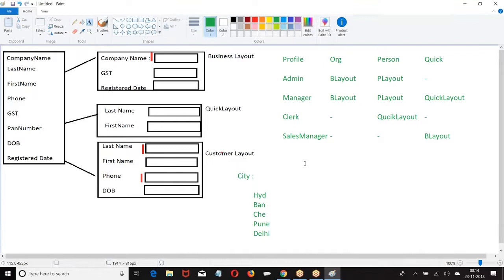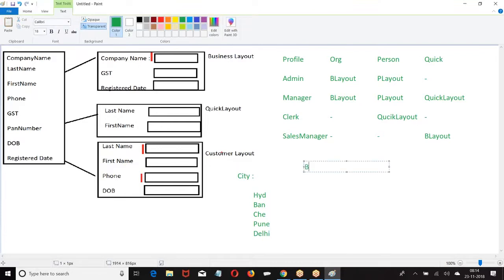These are the options I have. If it is a business, I want city to only display Hyderabad, Bangalore. If it is a person, I want to display Hyderabad, Chennai.